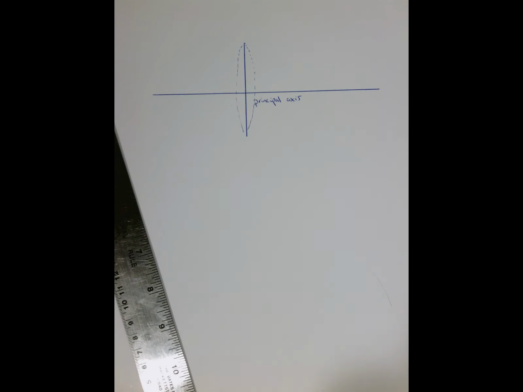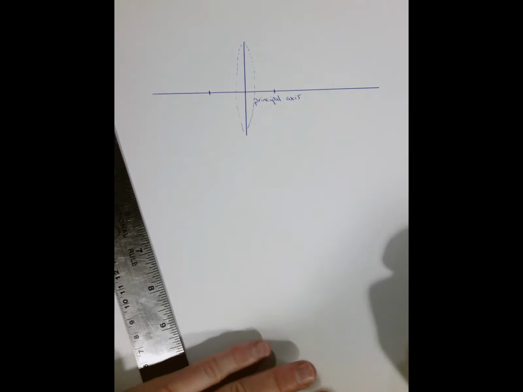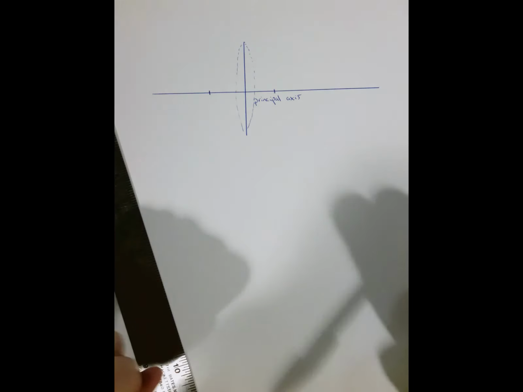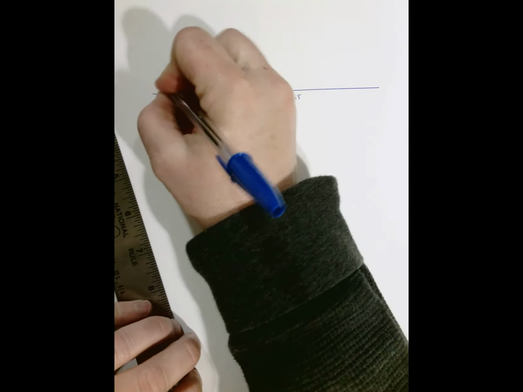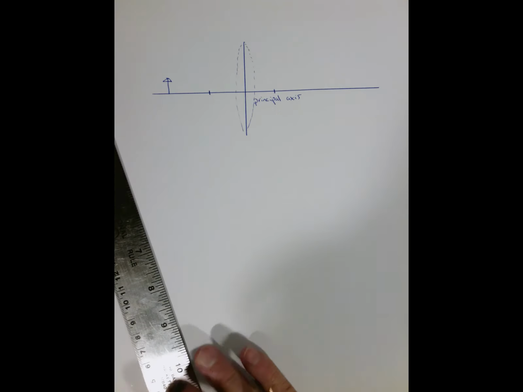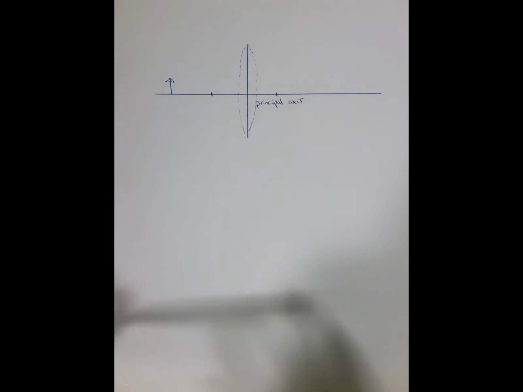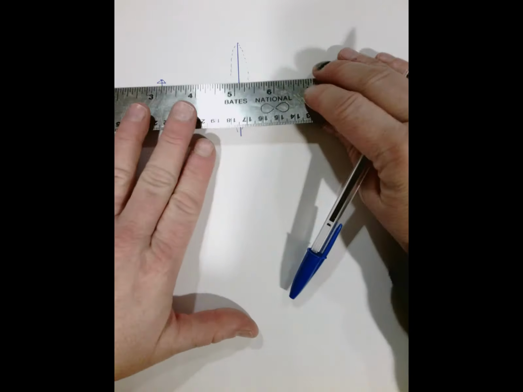We know there are two focal points, one on each side of the lens. All right, we're guesstimating at this point where they are. And we'll have an object over here. So we already know some things about rays. We know that if a light ray comes in straight towards the lens, and we call that parallel to the